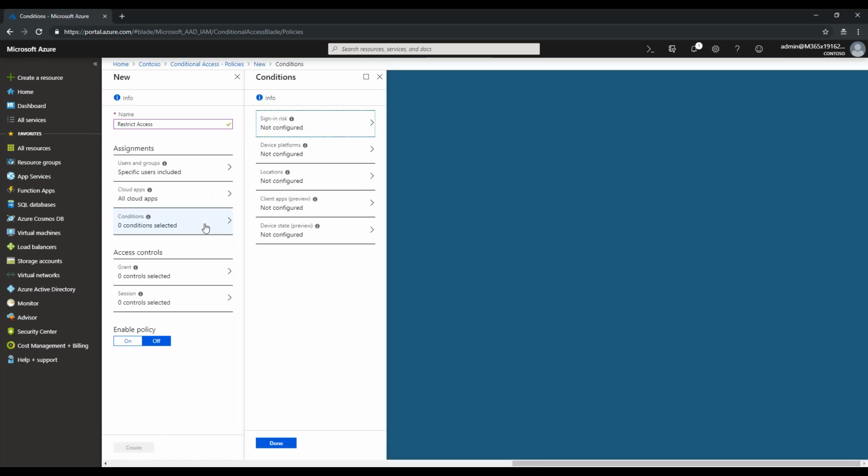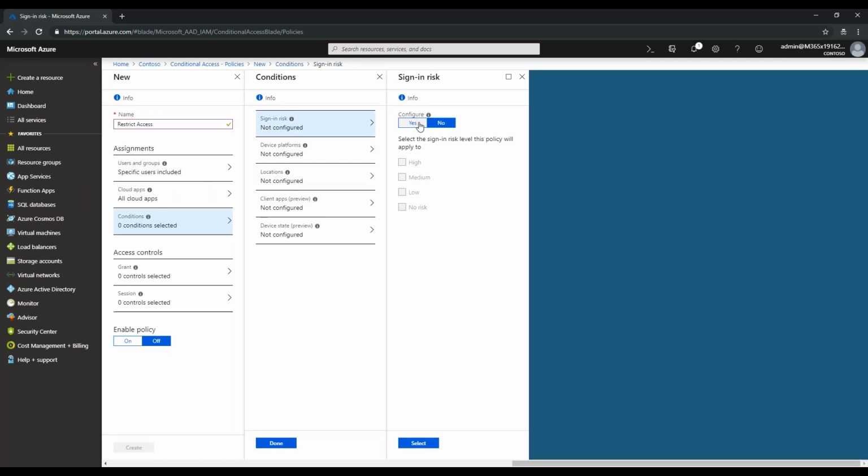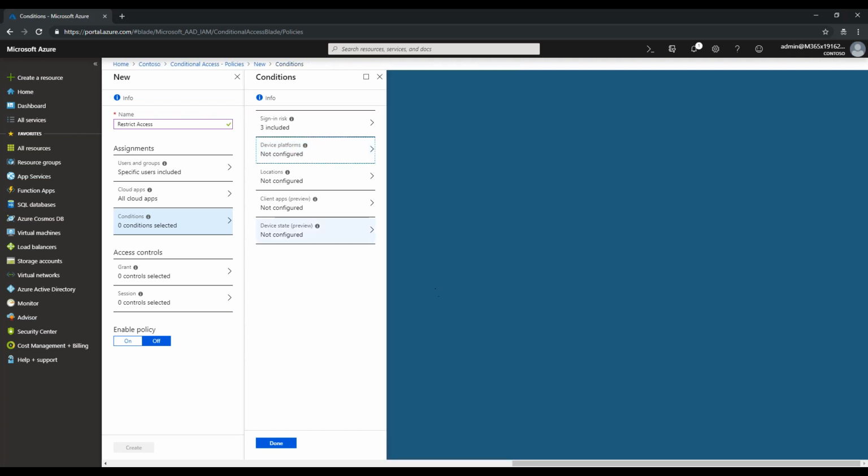Now, what can those conditions be? This is the crux within the policies inside conditional access. You can configure sign-in risk. So you can configure that if the sign-in risk is high, medium, low, it will not be tolerated in your environment and it will be blocked. You can configure the devices. You can select the platform. You can select the devices. You can not just include the devices, you can even exclude the devices from this particular policy. You can select the device platforms, and then select which one you want to exclude, and then hit done. For now, I'll not configure this policy.